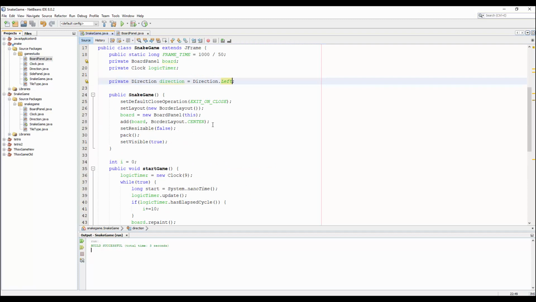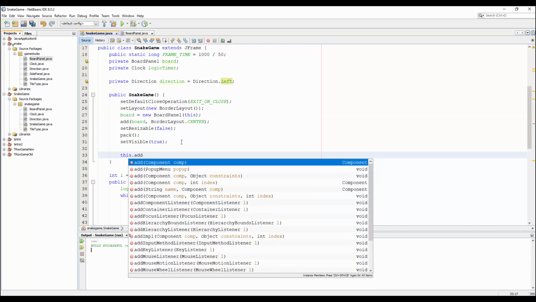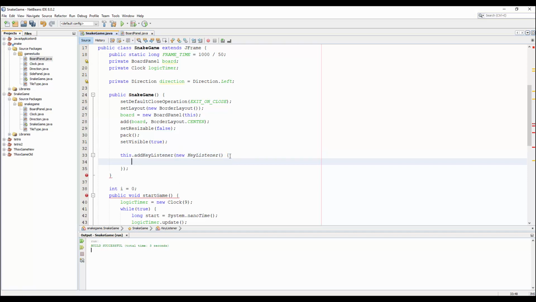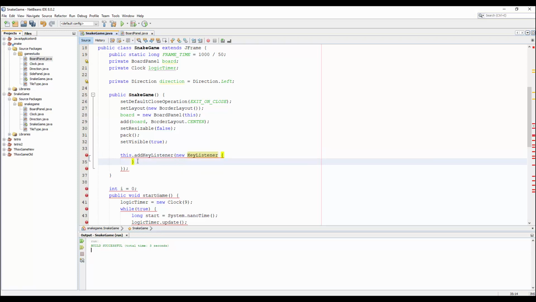For the key listener, we will add key listener, and we will add the key listener object here, and import the Java key listener,